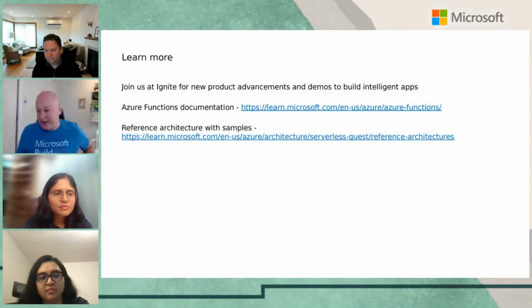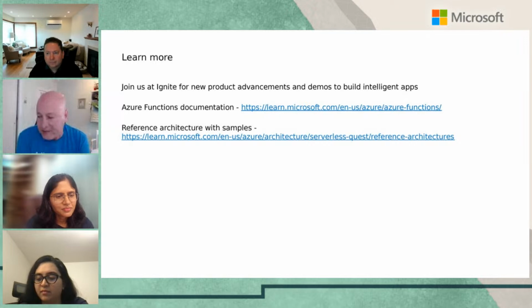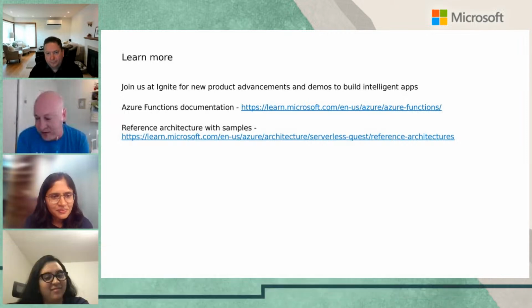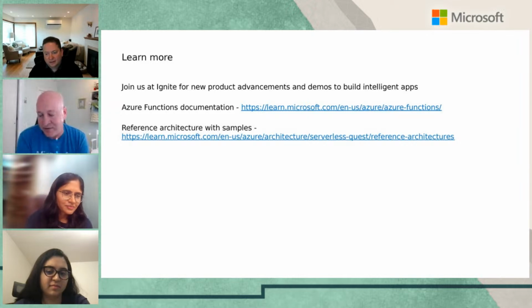So with that, I know we're down to our last minute. And so hopefully this was a view into what are intelligent apps, what are Azure Functions, what can you start doing with them, how does Azure help you to get started and really start to embed your experiences into your own applications. And if you want to learn more, definitely come to Ignite if it's an option, or watch it online. There's lots of new enhancements we're doing. There's demos around intelligent apps. And obviously the core documentation and the GitHub samples are a great place. I put a couple of references in here for you to get started learning more and hopefully start to really take advantage of this intelligence in your own applications going forward.